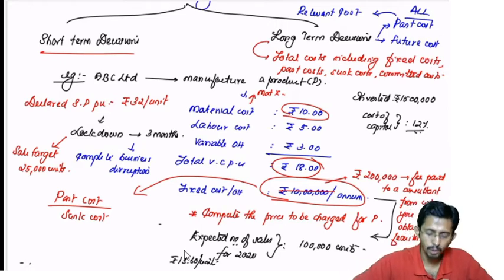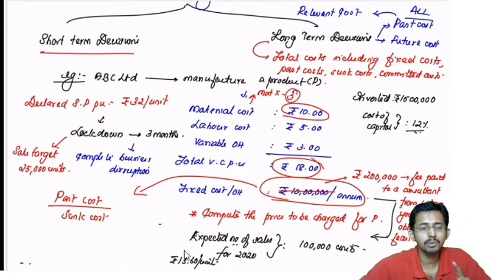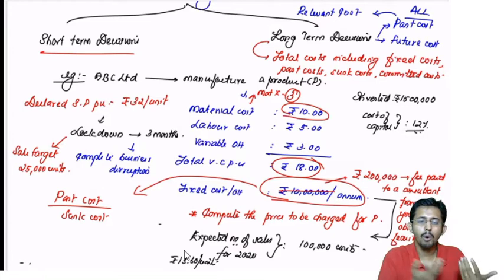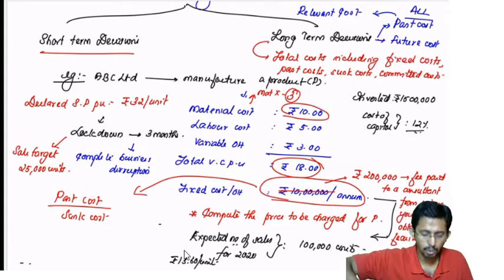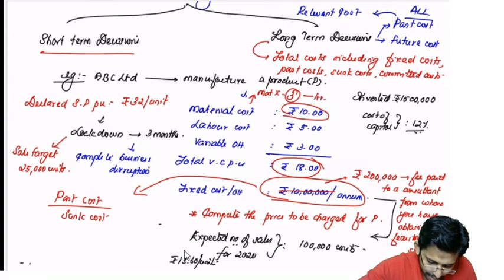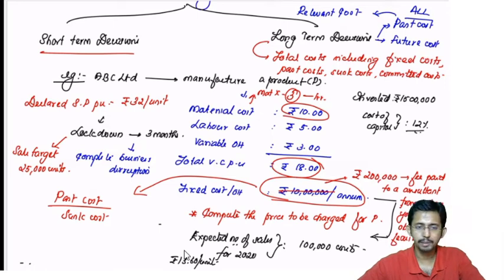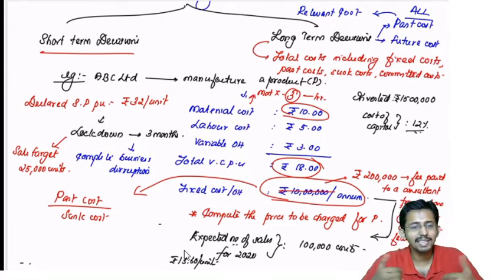And so you ask what is the cost of this material X included in this 10 rupees? He says that it is 3 rupees. So out of 10, 3 is the material X cost which you have already purchased. If you are not using this for this particular production, then you have to dispose it off. So that cost is also an irrelevant cost. Why irrelevant? It is already purchased. It is available in the stock. So if you don't use it for this production, then the only way out is to dispose it off without getting anything as income.